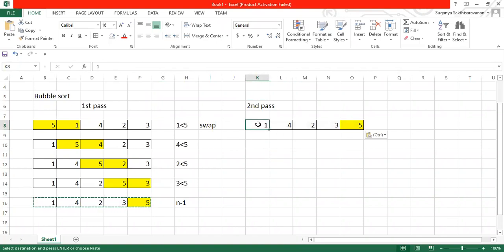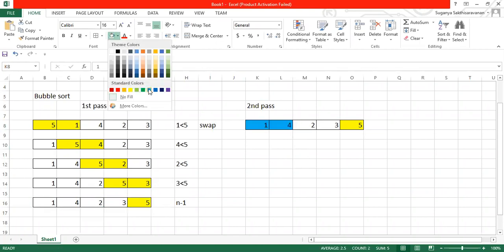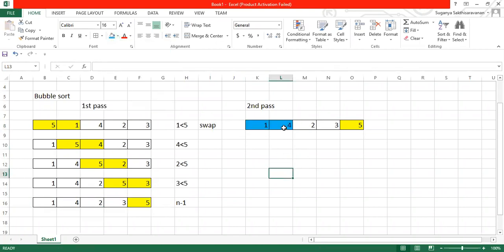Again, you're supposed to start with the 0th index. So what are you supposed to compare? You're supposed to compare the first two elements. Let me change the color here. I'll check whether 4 is less than 1. No, it is not less, so in those cases no swap occurs. Whenever the element is at the appropriate position, there is no swap.